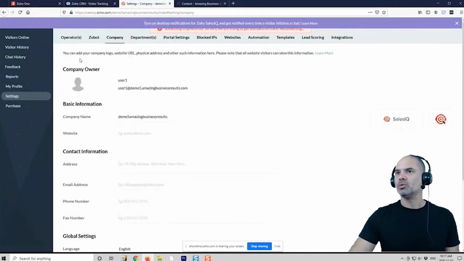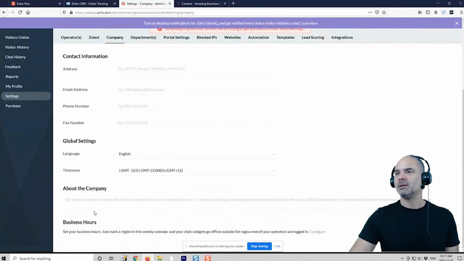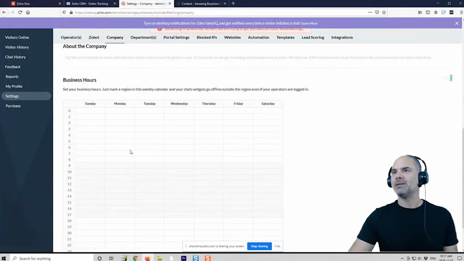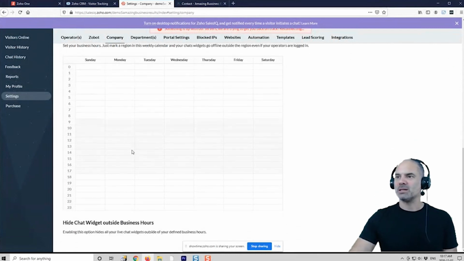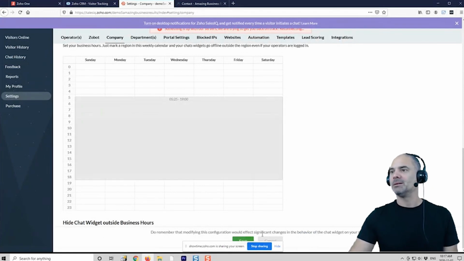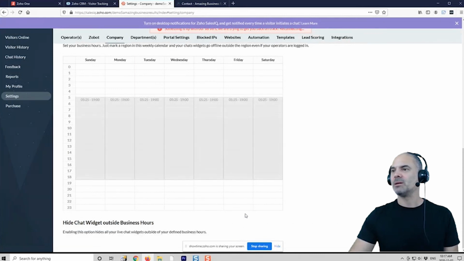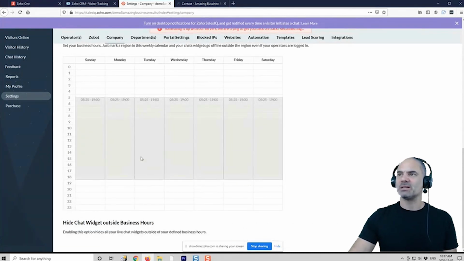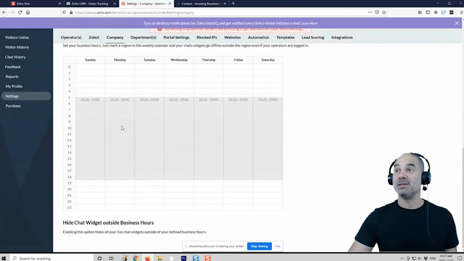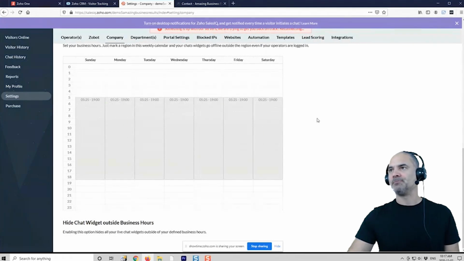Okay, if you go to settings, company, and then you have the business hours, you need to configure when the business is operating, because nothing means all the time. So you will need to have, let's say, they're working from 5 a.m. to 7 p.m. Okay, and then you click on save and that's it. So now this is the hours of the business, and 7 days a week between those times, the business will be deemed as operating.